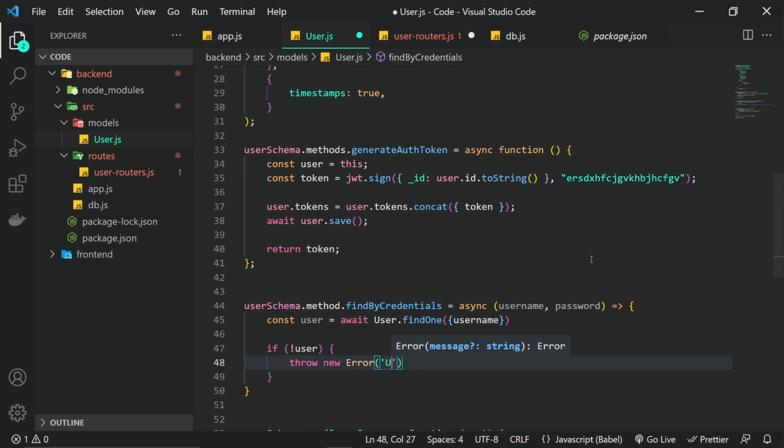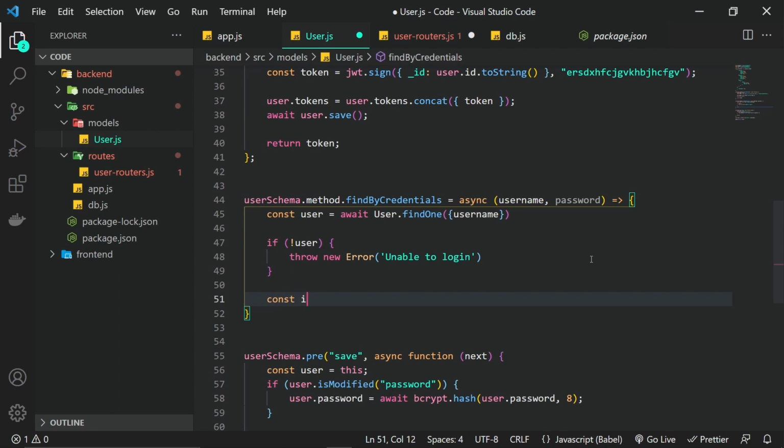unable to log in. We want the error message to be as vague as possible because we don't want to give excess information to someone who might be trying to illegitimately access a secure account. So we'll keep the error message as vague as possible. Then we'll check if there's a match. So const isMatch equals await decrypt